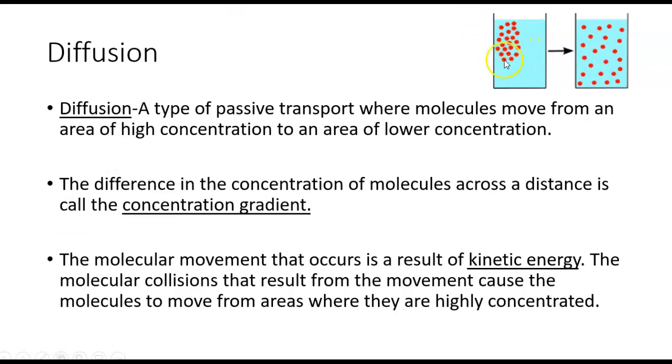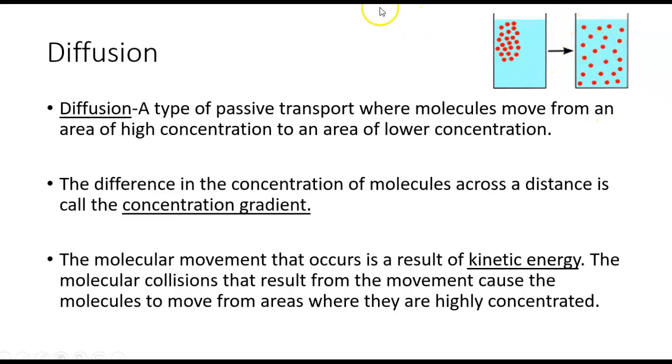So diffusion is from an area of high concentration. You can see in this picture here, I'm circling with my mouse, those molecules are in a high concentration. Imagine we've just taken some food coloring and dripped it into this water. Those molecules start off in a high concentration, but eventually they're going to diffuse throughout the water to an area of lower concentration, an area of the water where there were no molecules previously. And they're going to do that until they achieve what we call equilibrium,